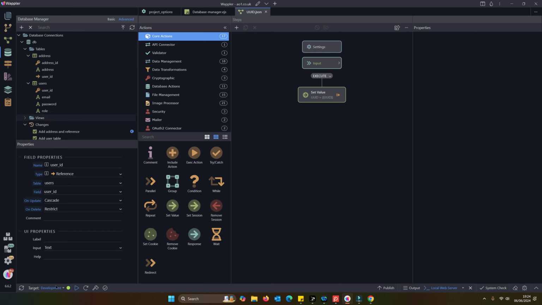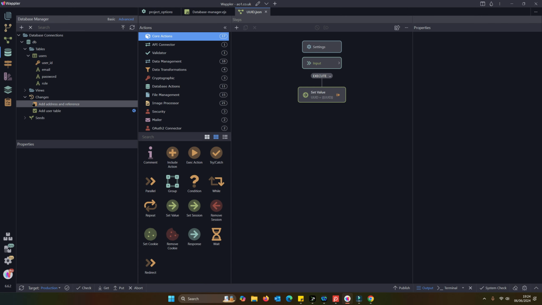We see we have our fields there. I'm now going to switch into my production target, and I'm going to commit that change to my production target. There we are. We can now see that a reference field has been created linking to our users table.